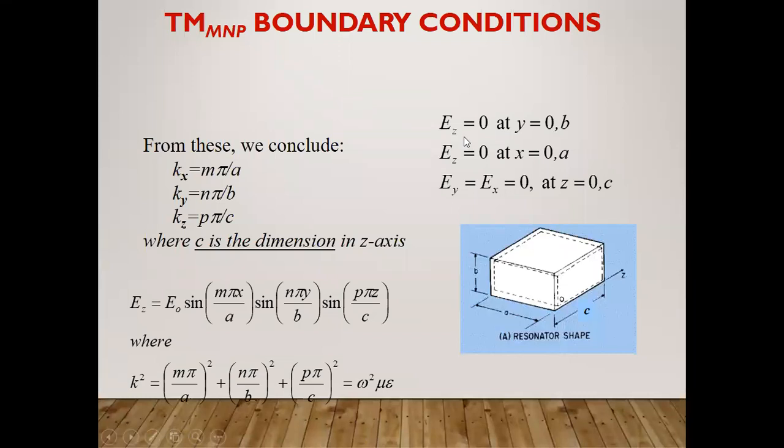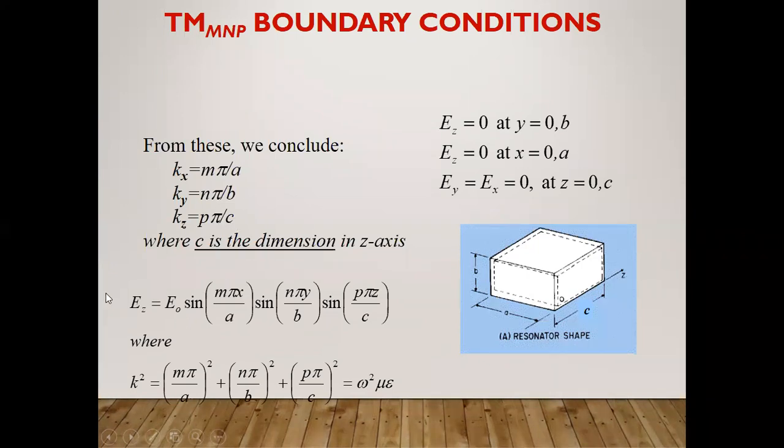We have already studied this in the previous slides. If vertical is Y, then it runs from 0 to B, and if X is there, then from 0 to A, likewise. You can find it easily. The constant values at X, at Y, and at Z are M, N, and P, that is, M pi by A and so on, where C is the dimension in the Z direction, obviously.